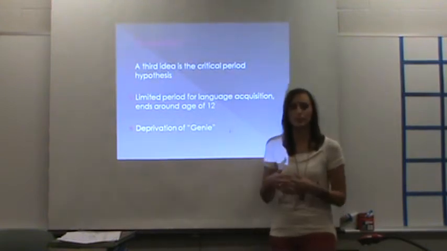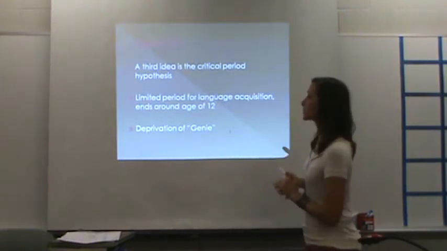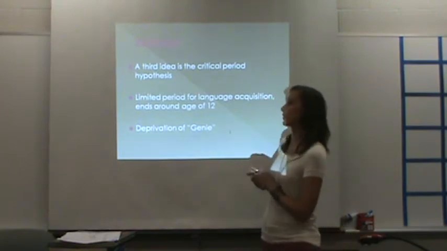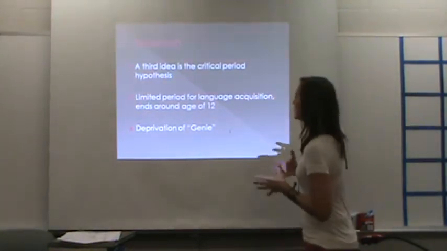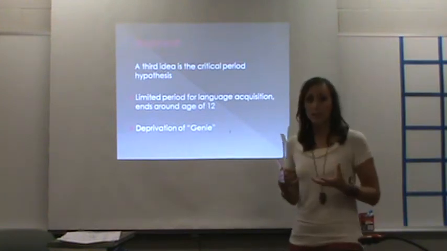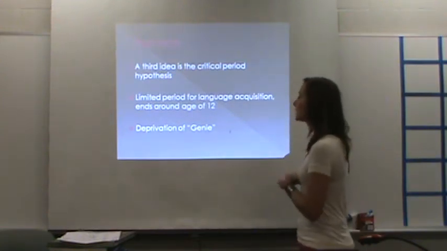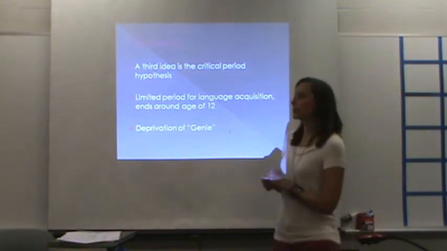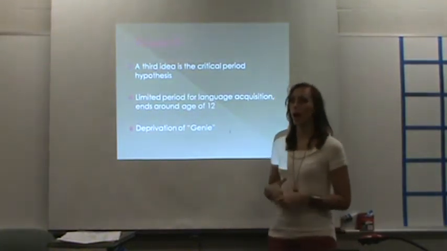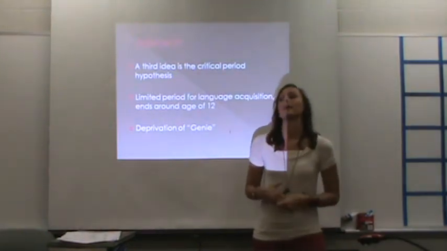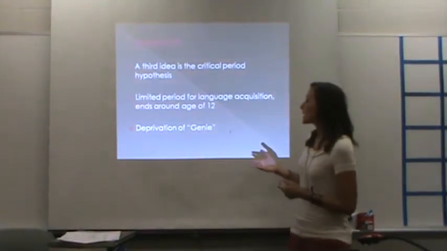So a third idea behind the language acquisition device is the critical period hypothesis. This came a little bit later than Chomsky. He was not the one that really came up with this, but it is added on into this idea. And this is that there is a limited period for language acquisition, and that ends around the age of 12. So if they have not fully acquired their language by the age of 12, then they will not be able